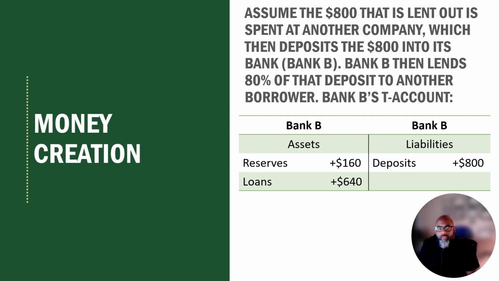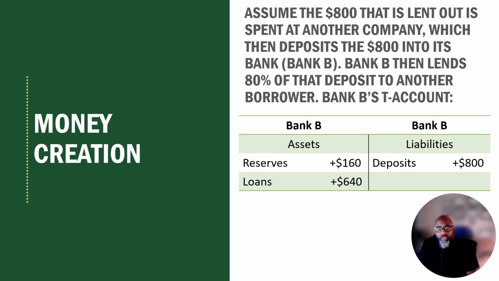Carrying on from the previous example, Bank A loaned out $800 to another business, and then that business went on to pay a subcontractor who then deposited the $800 into its own bank, which we'll call Bank B. The deposit becomes a new liability for Bank B while the bank gains $800 in assets. Following that same reserve policy, the bank holds 20% or $160 in reserves, and then loans out